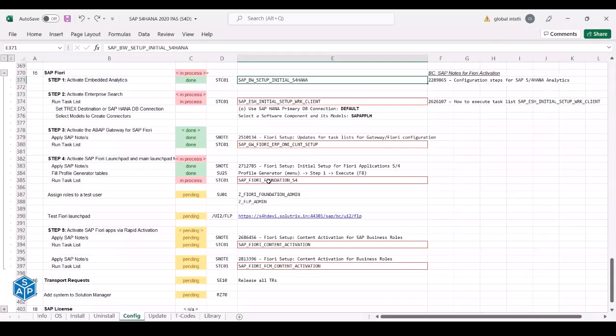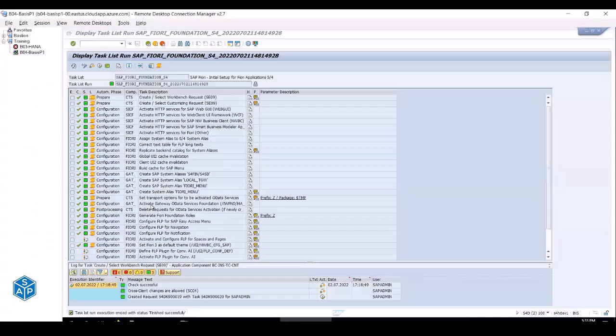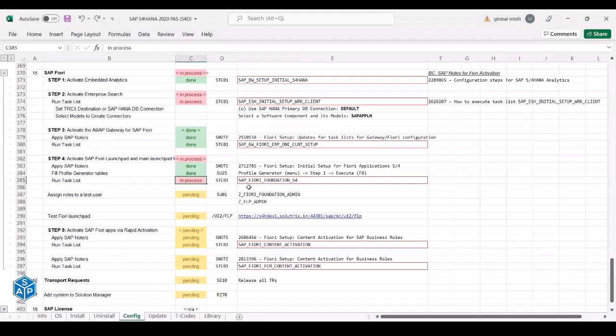Okay, now we have executed this. You can see our SAP Fiori Foundation S4 task list has executed successfully. This one from step 4 has executed successfully. Our fourth task is executed successfully. Now, before moving to the fifth and last step, what you need to do is assign roles to the test